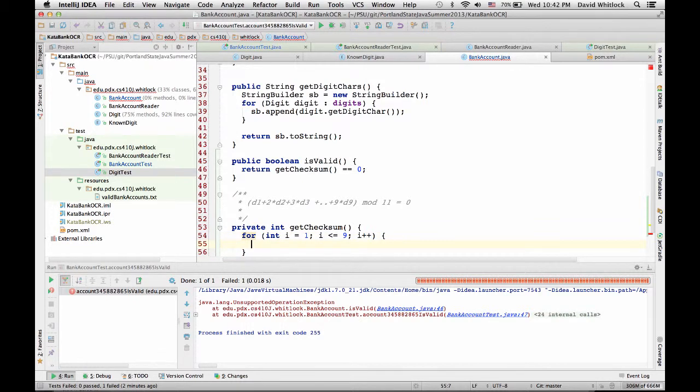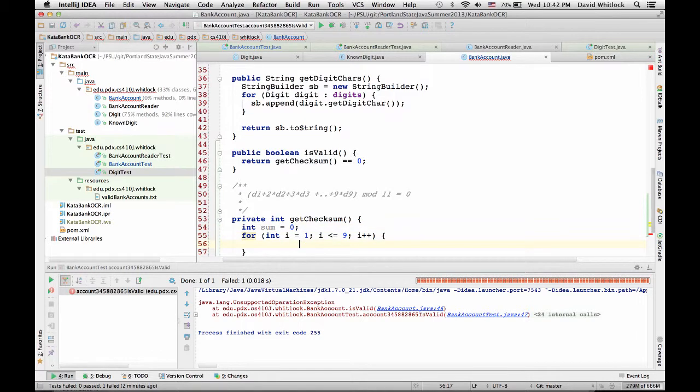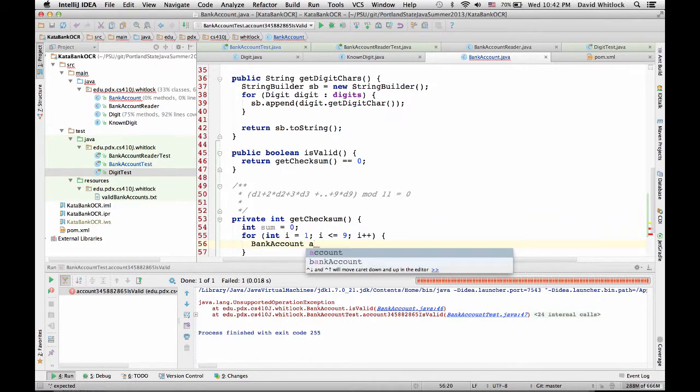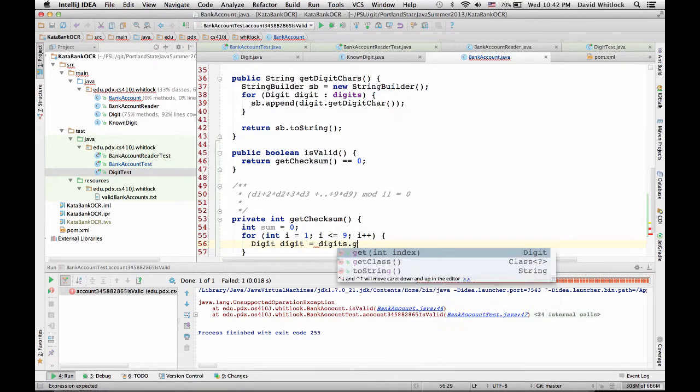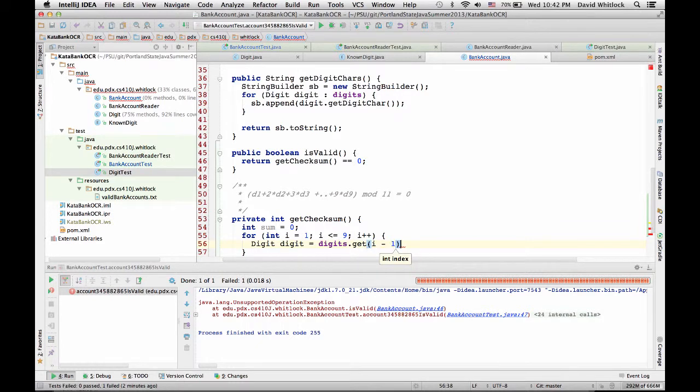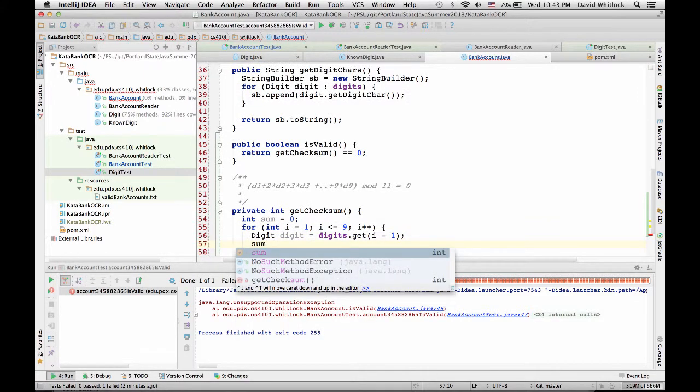And then, okay, so we're going to have a sum that we're computing here. It's going to start with 0. And then we're going to say, okay, so we want bank account equals accounts dot, oh no, digit, sorry, digit equals digits dot get i minus 1. So that's on D1, and we want to say sum plus equals